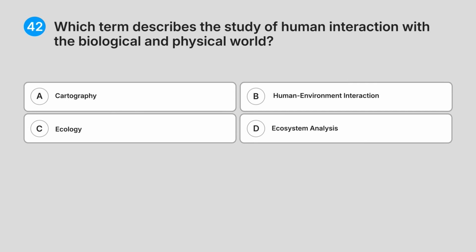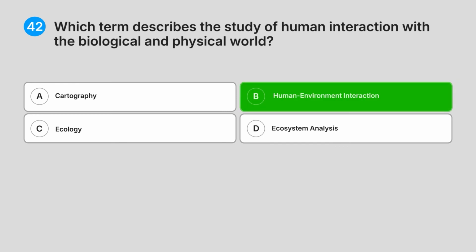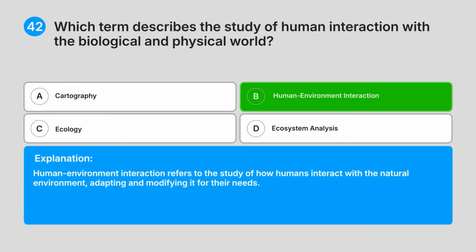42. Which term describes the study of human interaction with the biological and physical world? A. Cartography. B. Human environment interaction. C. Ecology. D. Ecosystem analysis. Can you guess the answer? Correct answer. B. Human environment interaction. Explanation. Human environment interaction refers to the study of how humans interact with the natural environment, adapting and modifying it